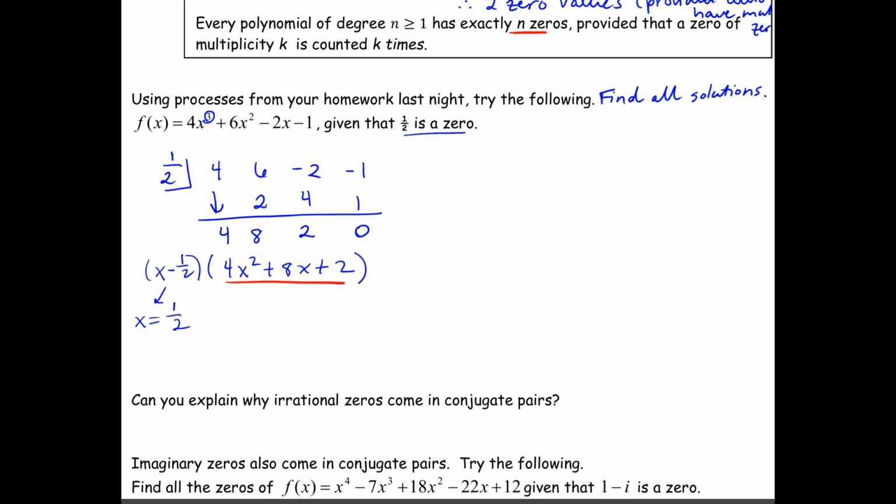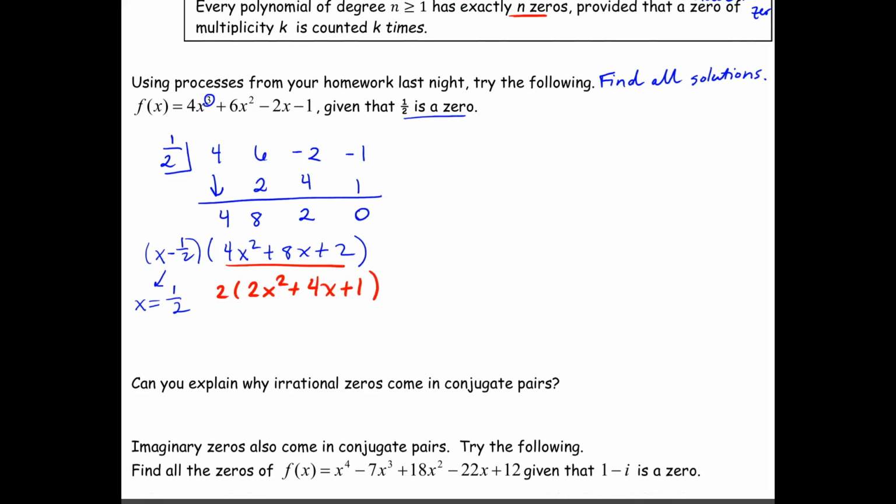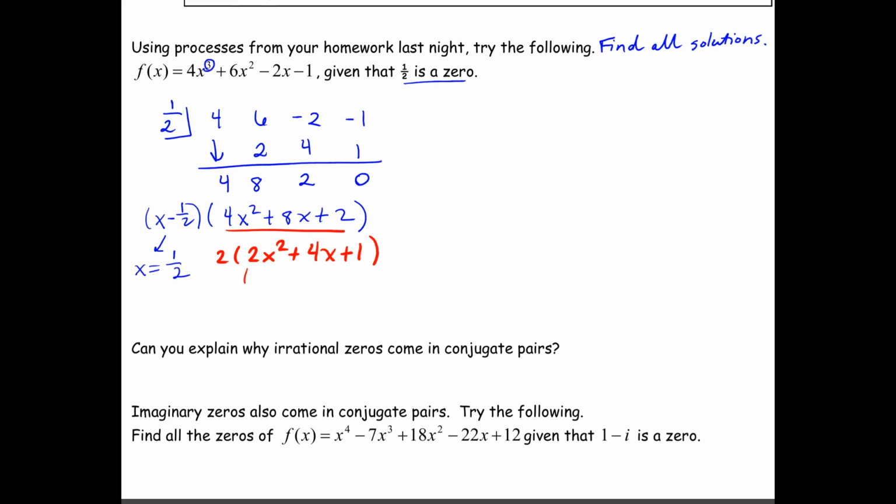We can take out the 2, so I take out the 2, and I would have 2x squared plus 4x plus 1. And then I could try to factor this guy, but is it factorable? Not factorable, so that's not going to work. So what can I do instead to find the other values? Quadratic formula. So I'm going to take this guy up here, use the quadratic formula,